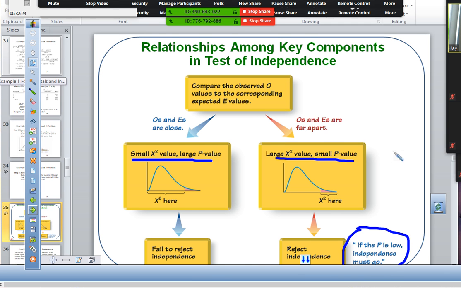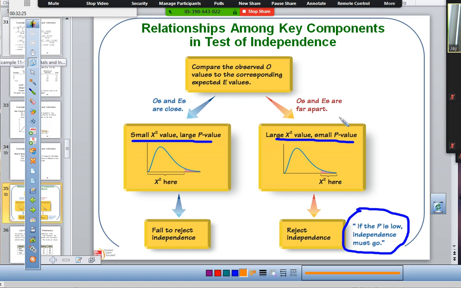Okay. One thing to note is that a large chi-squared value goes with a small p-value, right? As we get further out here, it's just like chapter 8 as well. As you have a really large critical value, that means that you're really unlikely. Your p-value becomes really small. Remember, the p-value is the probability of getting a sample like yours. If you have a small chi-squared value, then you have a large p-value. But yeah, so one way that somebody said that they remembered it, and I think she got it from the book, was